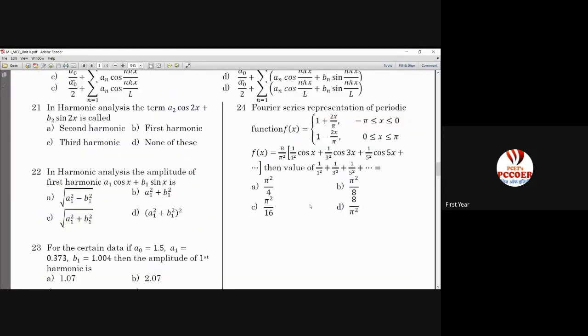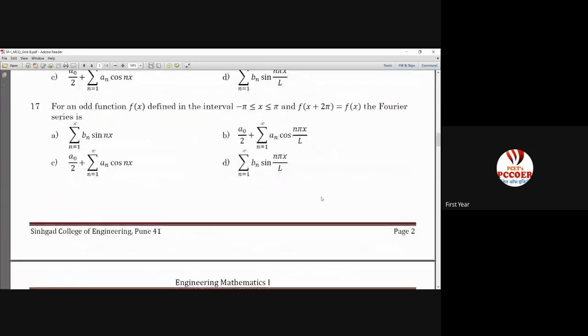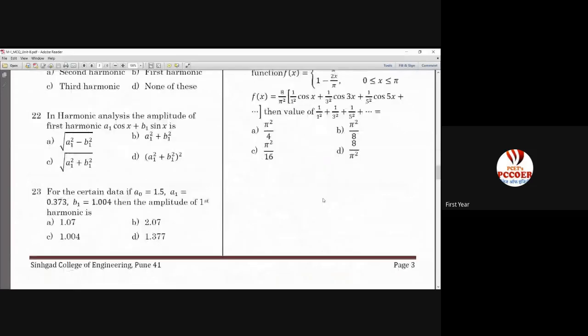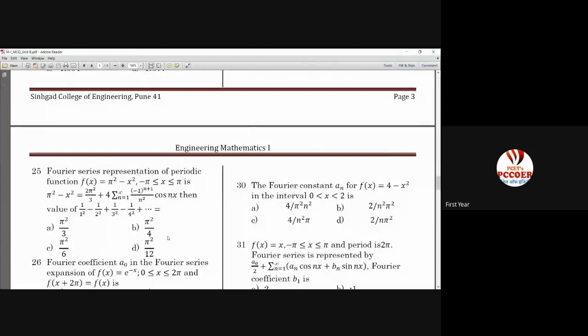Then there is another expression which is all terms with 1 by 1 square, 1 by 2 square, all that, which is also pi square by 12. Alternate plus minus sign is pi square by 6 and all. So if you are able to remember, very good. If not, then put x is equal to the values in that particular interval and you'll get the answer, depending on whether you want alternate plus minus signs or all plus signs.